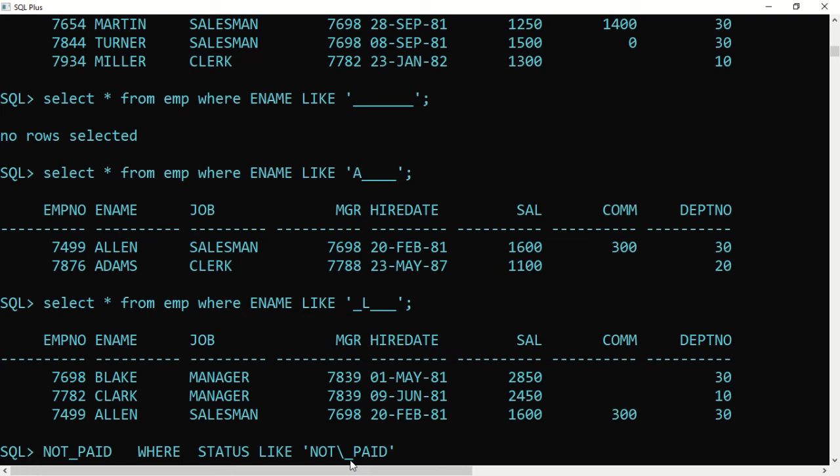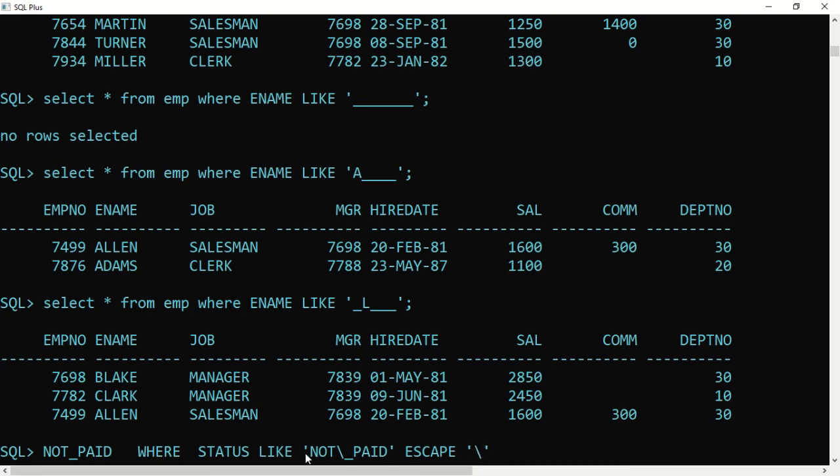If you want to say that it is a normal character, I have to say escape, and you name the character which, when preceding another character, makes that character normal. So I'll say escape slash.